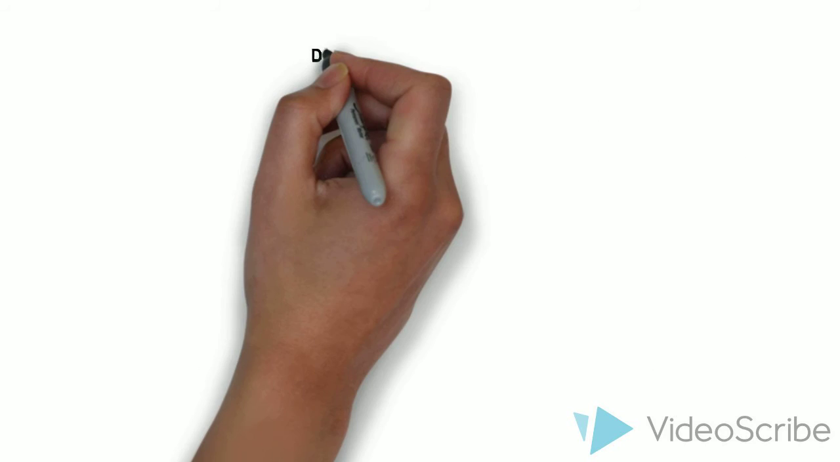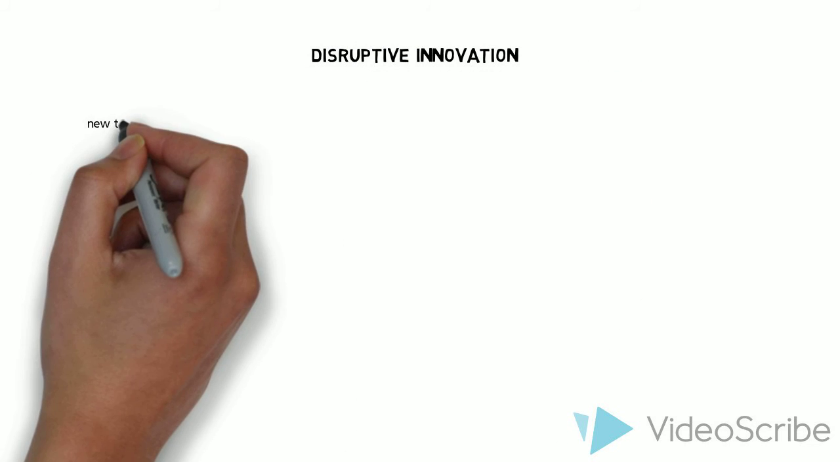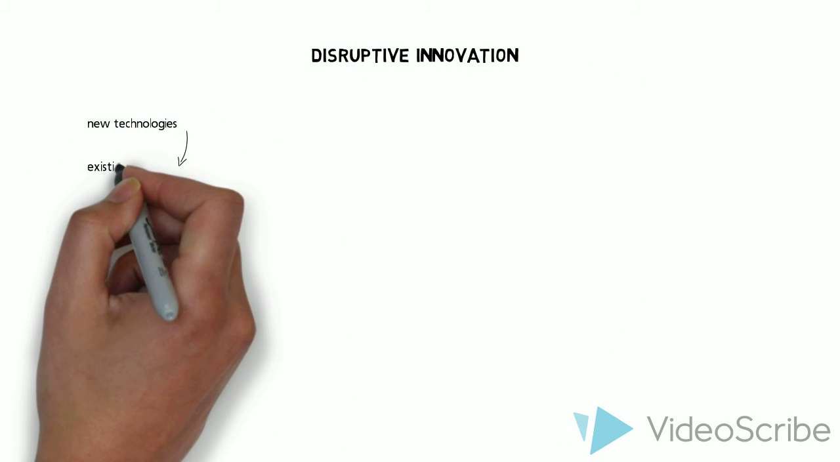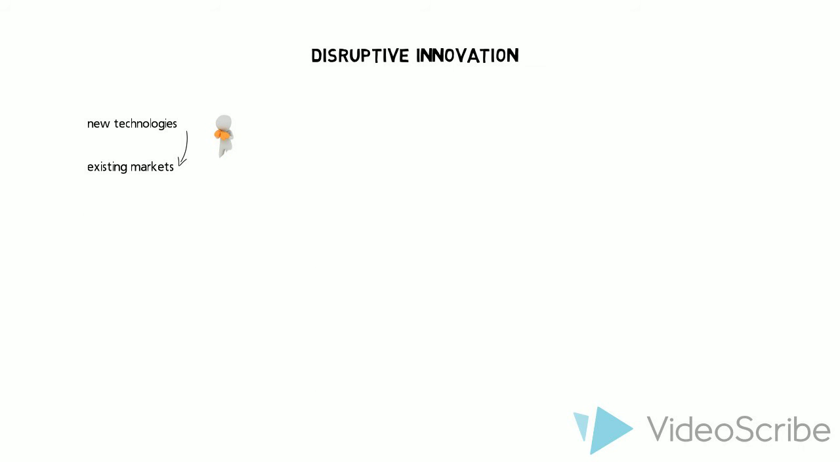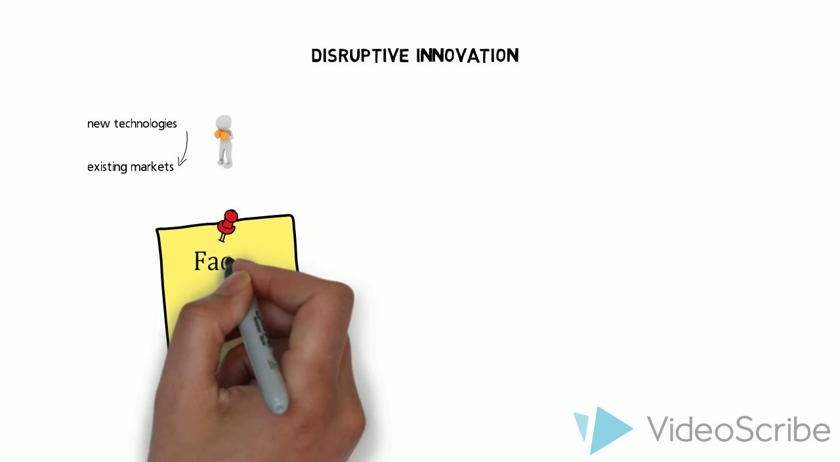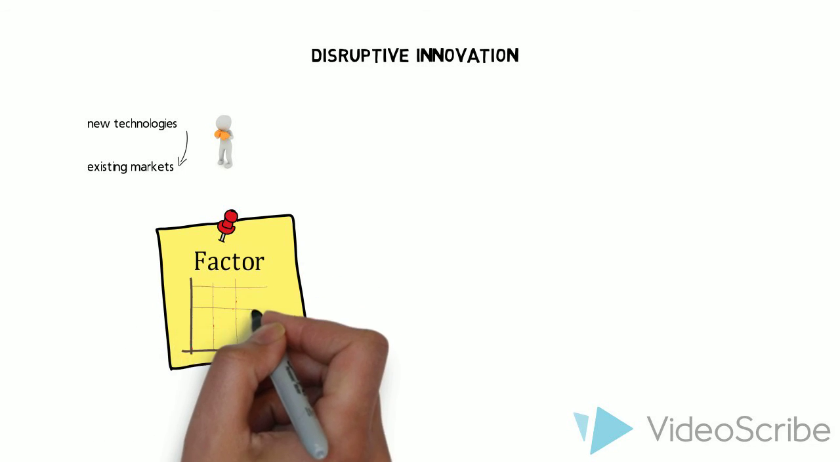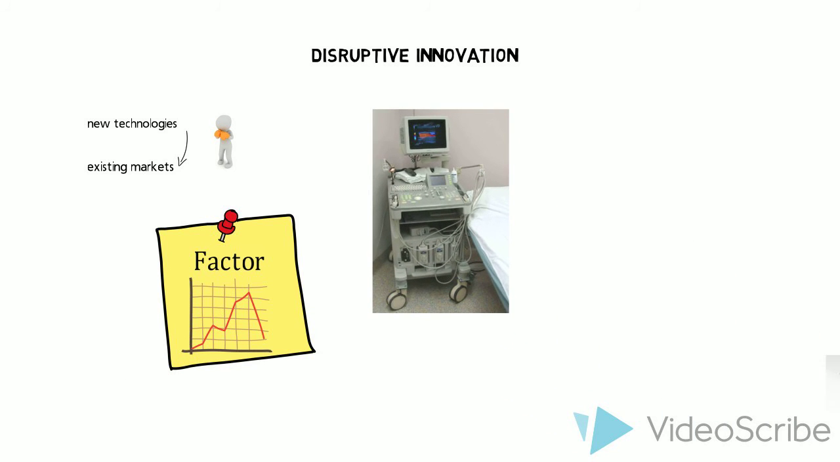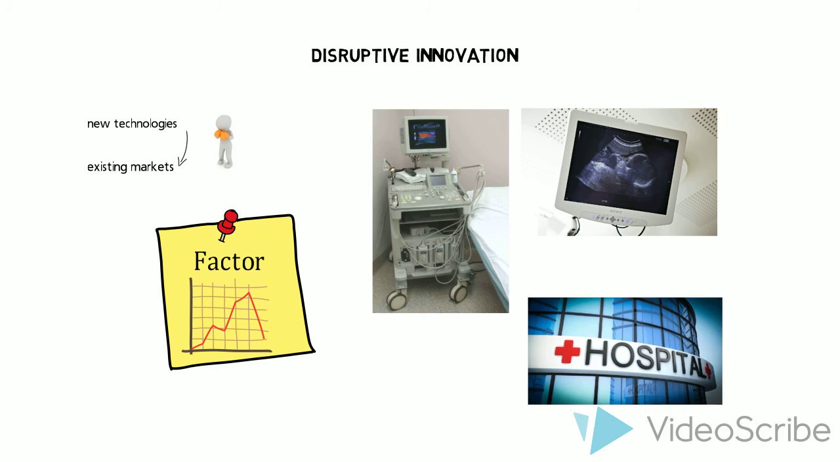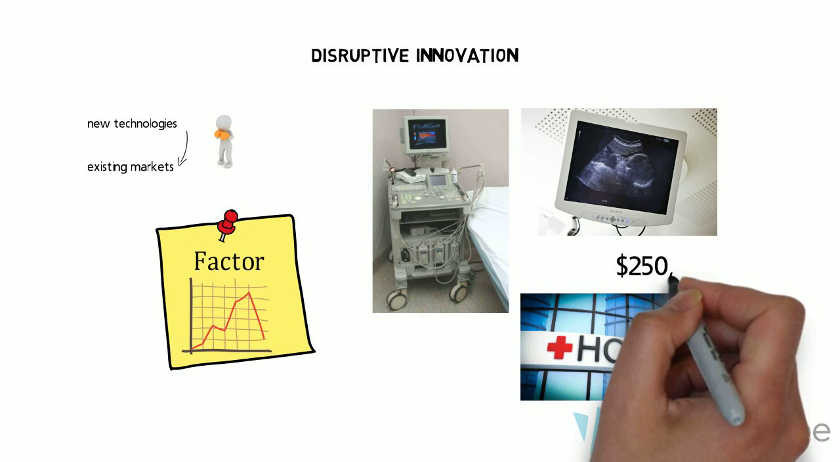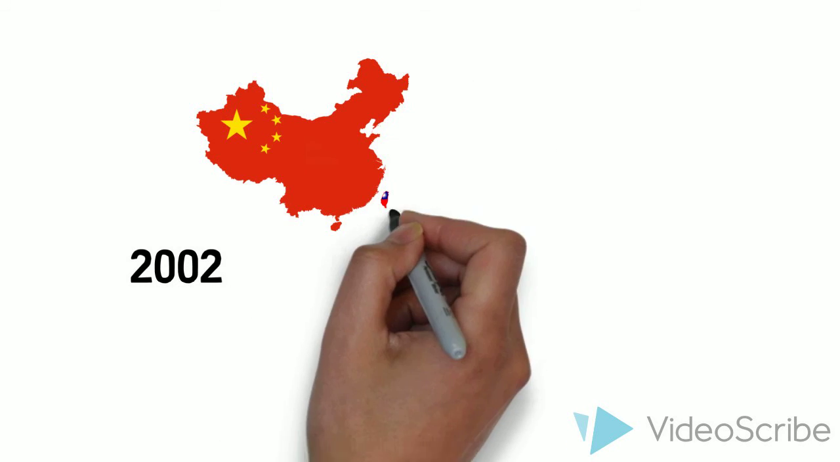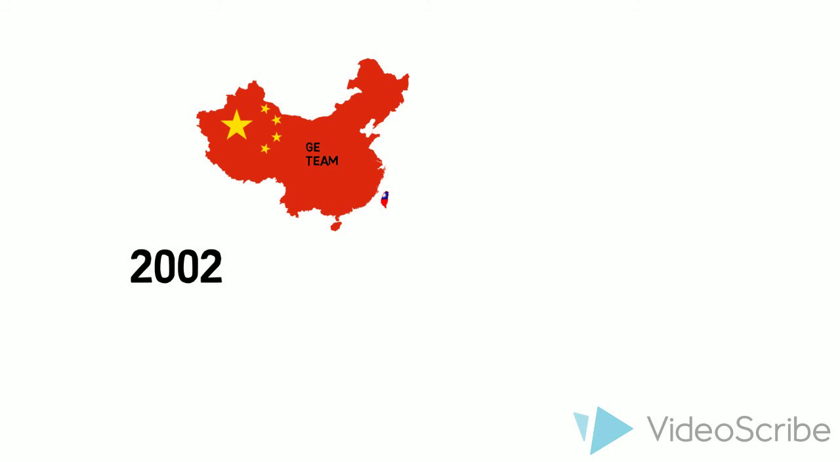A disruptive innovation leverages new technologies to attack existing markets. One factor favoring the success of this innovation is that it relies on a stealth attack. It invades the market from the bottom up by first capturing the low end. Here's an example. A high-end ultrasound machine found in cutting-edge research hospitals in the US or Europe costs $250,000. In 2002, a GE team in China developed an inexpensive portable ultrasound device combining laptop technology with a probe and